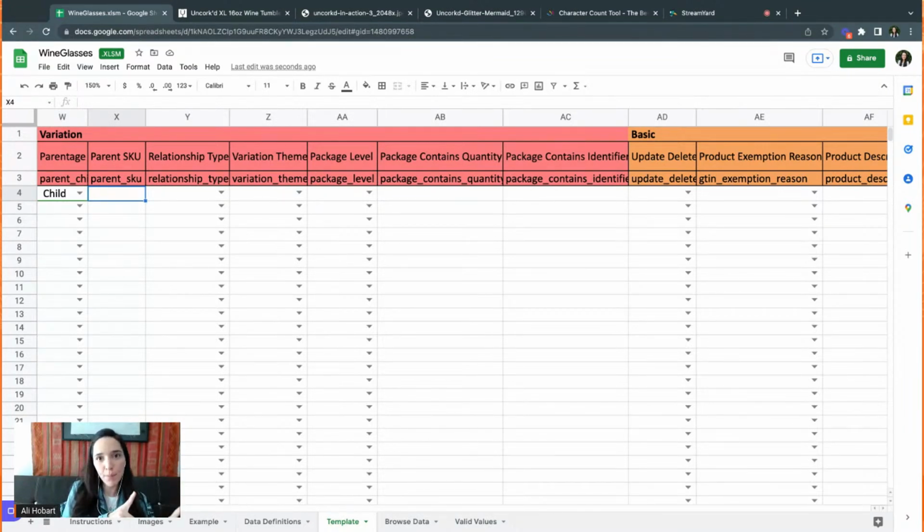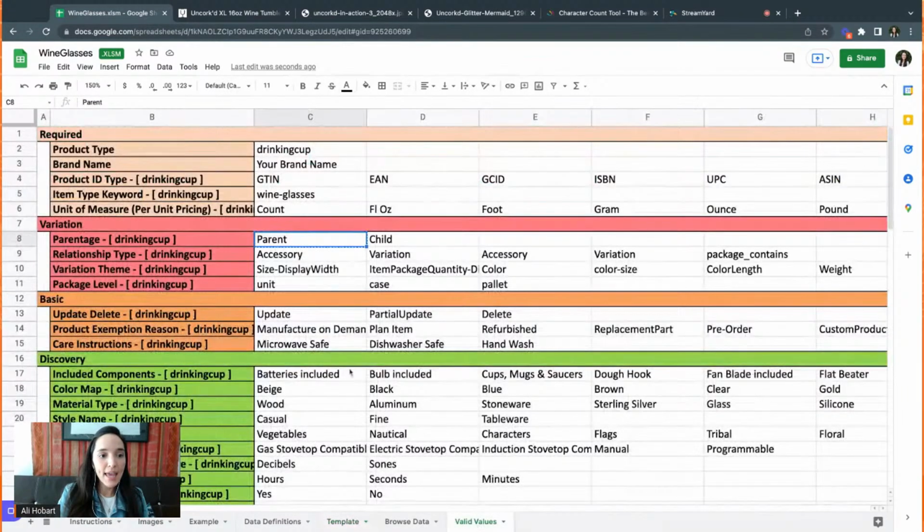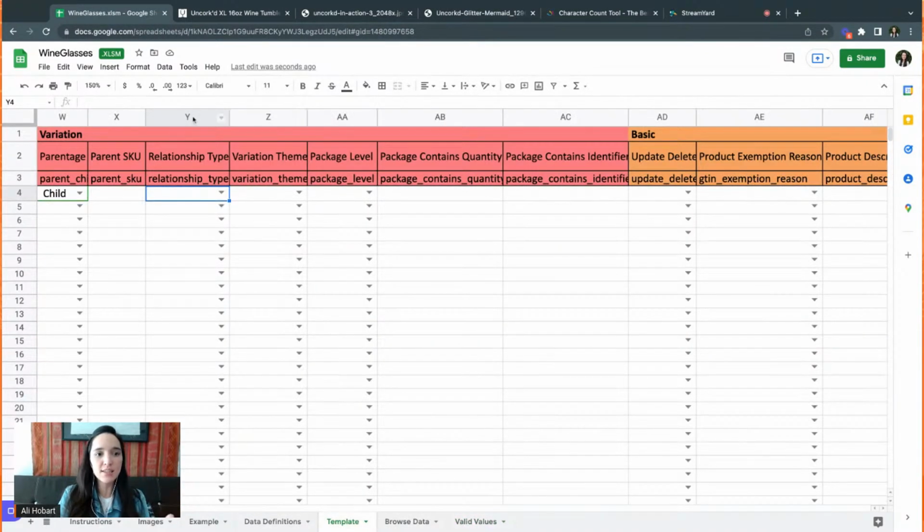So again, if it's the parent listing, you don't put anything on parent SKU. If it's child, you put the parent SKU. Now, relationship type is if that's an accessory or variation, or if package contains something. Again, go back and forth, valid values, and then fill it out. So let's just say this is a variation, and you can type, but beware of case sensitive.